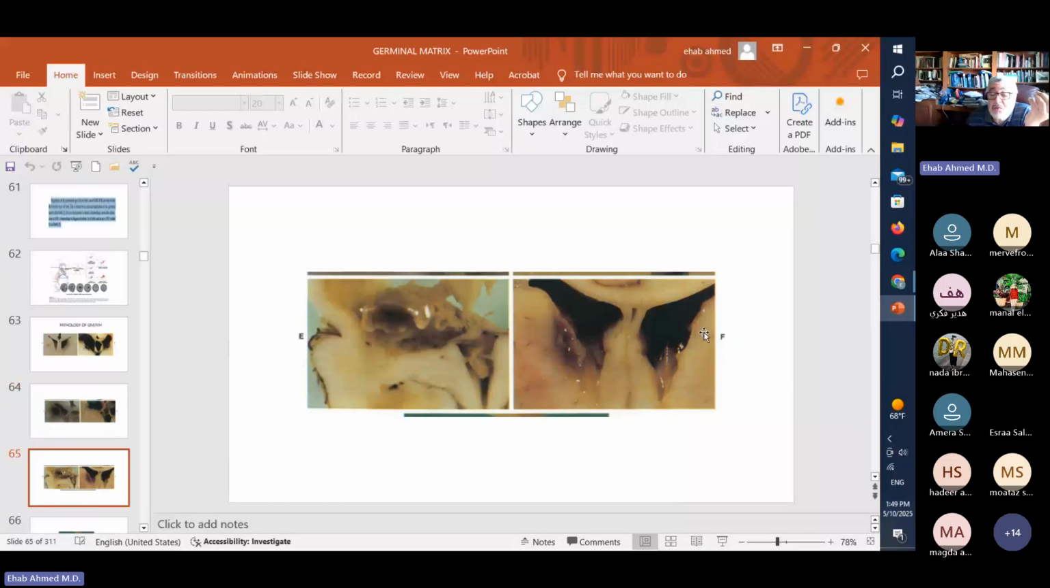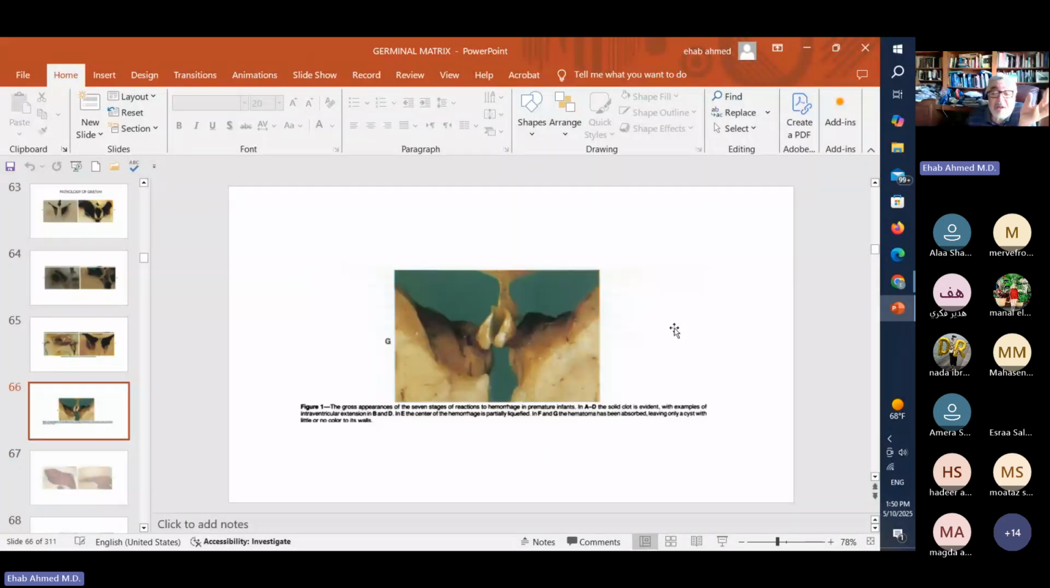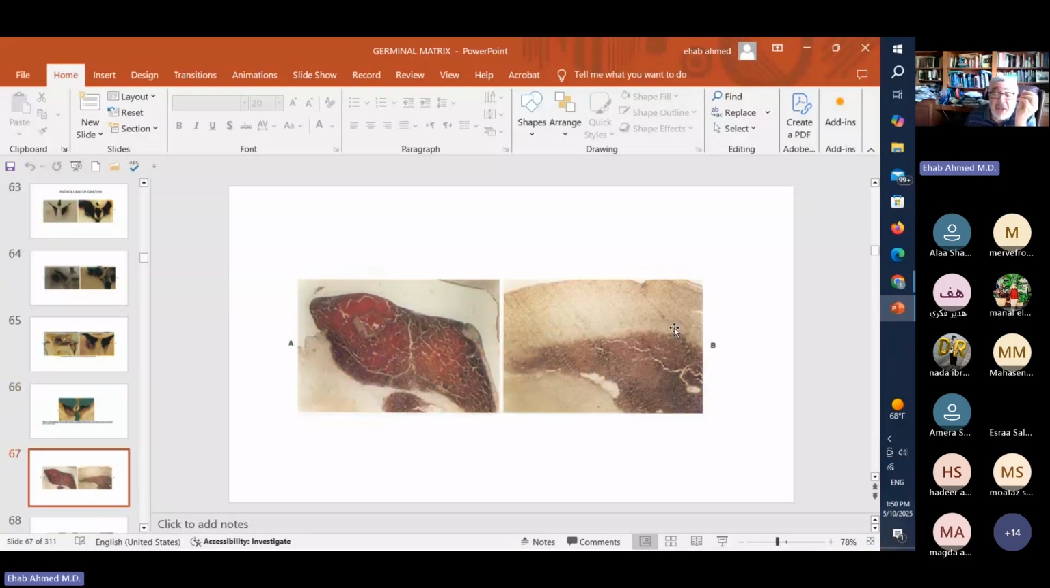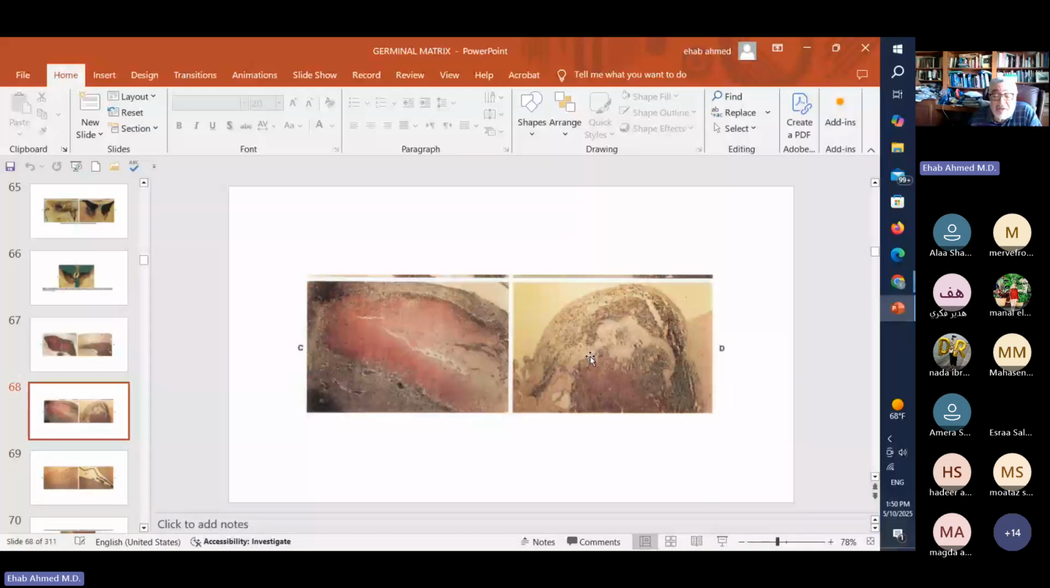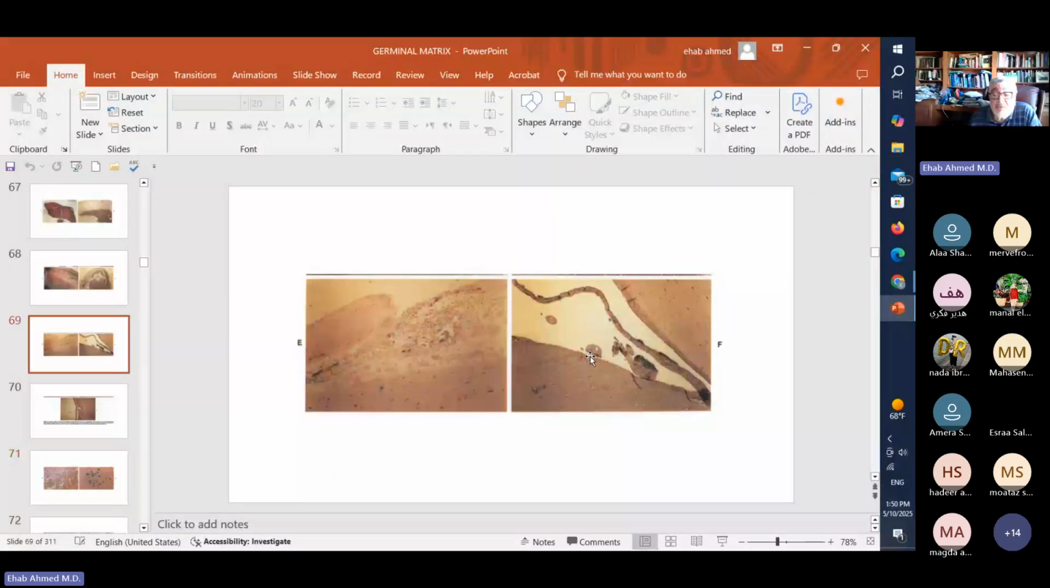And also, as you see, ventricular dilatation, what might end up in ventricular dilatation, post-hemorrhagic ventricular dilatation, or even hydrocephalus. Okay, these are the pathological changes by the naked eye, the gross change. They did microscopic examination, low power and high power, and also they divided it into 7 stages, where you can find